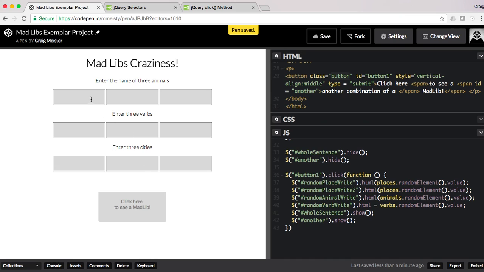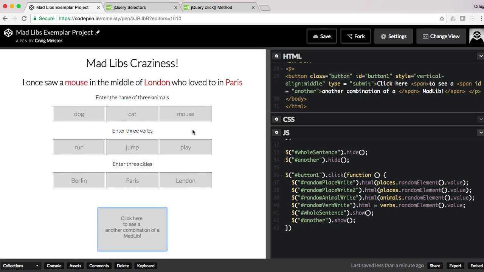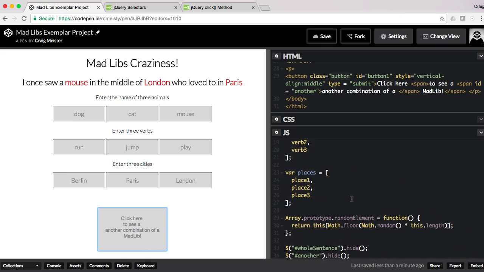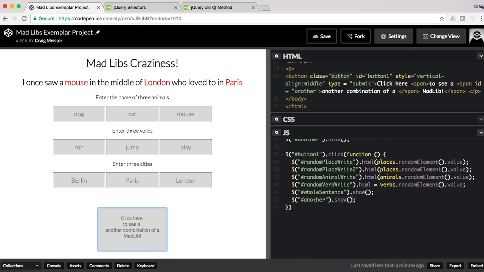So let's save and make sure this works. Again, dog, cat, mouse, run, jump, play, Berlin, Paris, London. Oh, look, still works. Awesome. So this is a short example of how to use some jQuery in order to shorten your code,